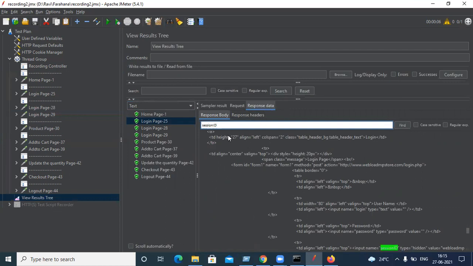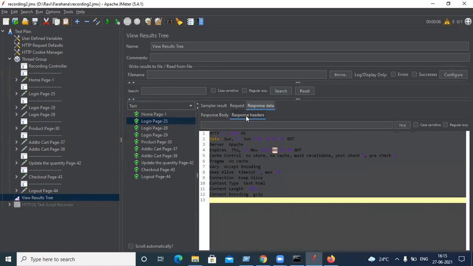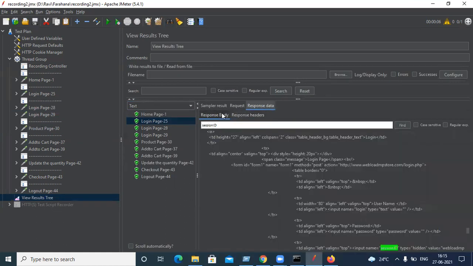Otherwise, if you are not able to find it in the response body, then you should check in the response headers. Say you have 5 APIs, you checked all 5 responses and still didn't find it. Then it could be some UI logic or UI functionality, because JMeter will capture only server-side APIs, correct? So if the UI is doing that correlation, we need to check with the developer how it is generating it. Then we have to implement the same logic here through coding. Mostly we'll find it in the response, but if we are not able to find it in the response, that is the case.